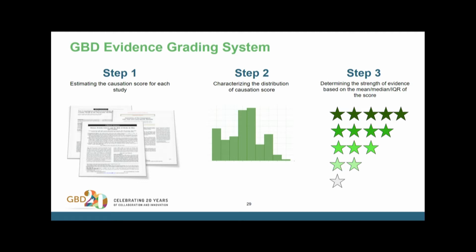To address this limitation, we are currently in the process of developing new evidence grading system for GBD. In this new approach, we are aiming to go back to all the studies that assessed each individual risk outcome pair and compute a causation score for each of these single studies based on a conclusion and the quality of studies. Then we plan to create the distribution of risk score for all the studies that assess each risk outcome pair. And then based on a median and interquartile range of this risk score, we are aiming to categorize the